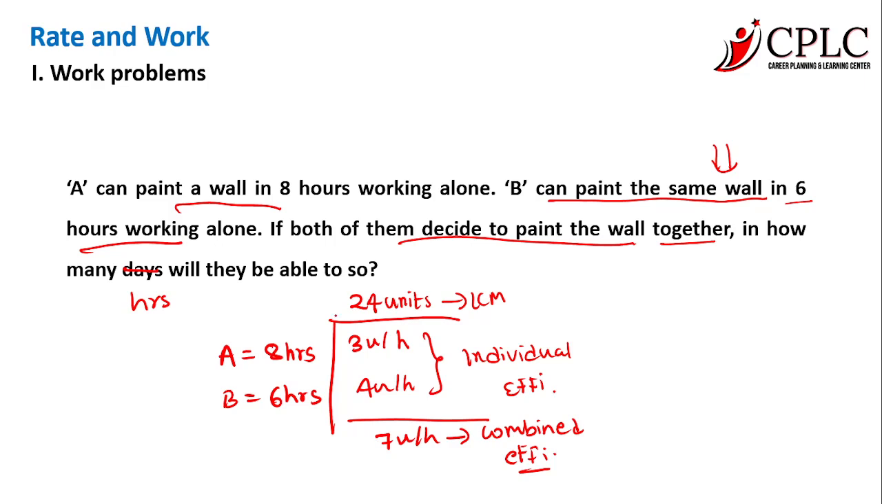And at that combined efficiency, they are supposed to do 24 units of the work. So time is always work done divided by efficiency. So these many hours they will take, which is slightly more than 3 hours but less than 4 hours. Now one more challenge that you will have in this particular topic, that is converting these fractions into mixed fractions,